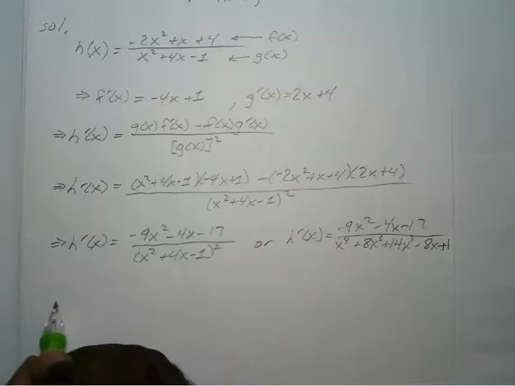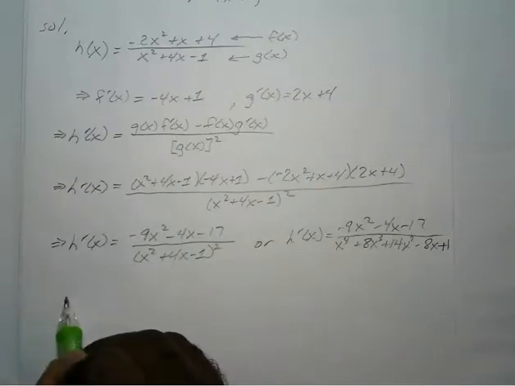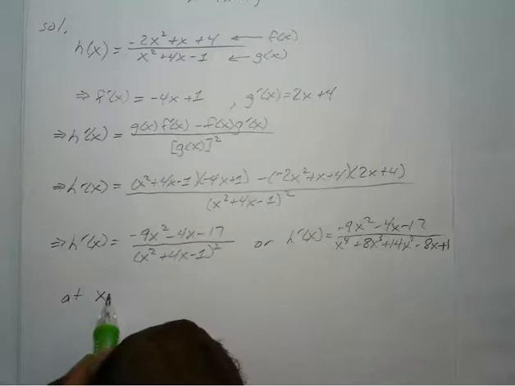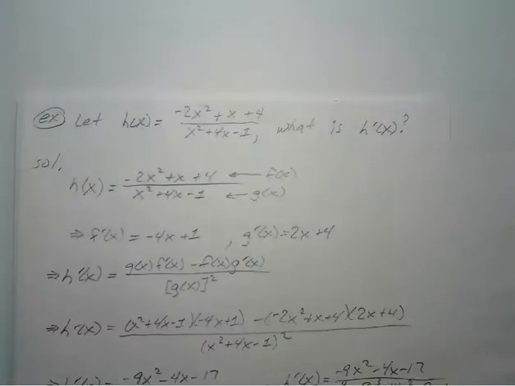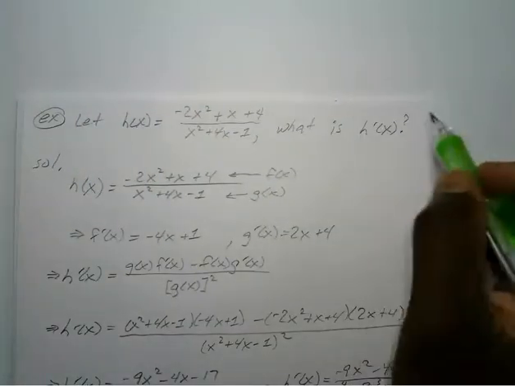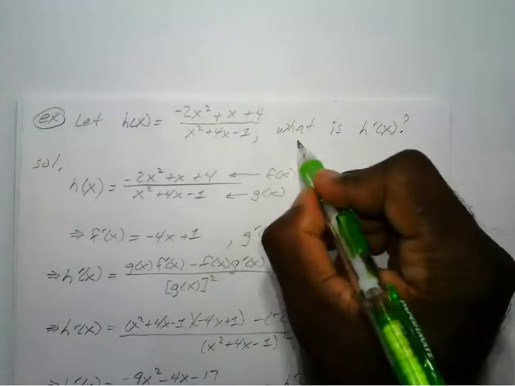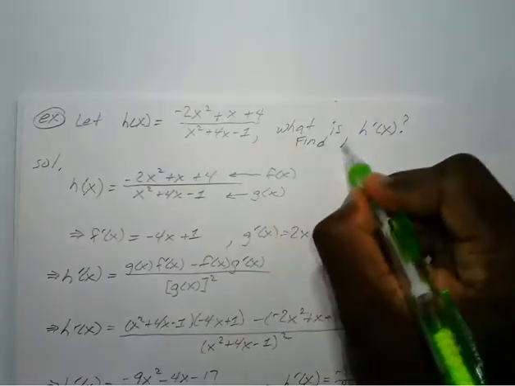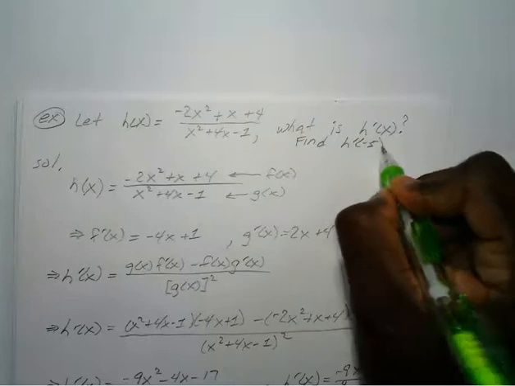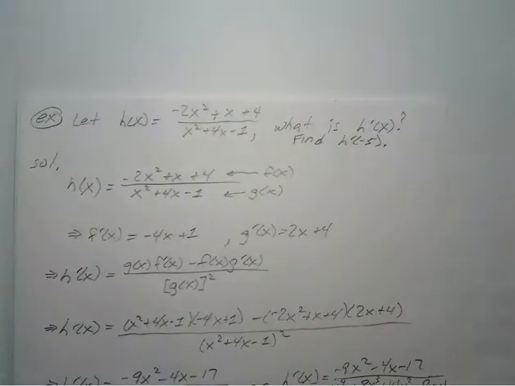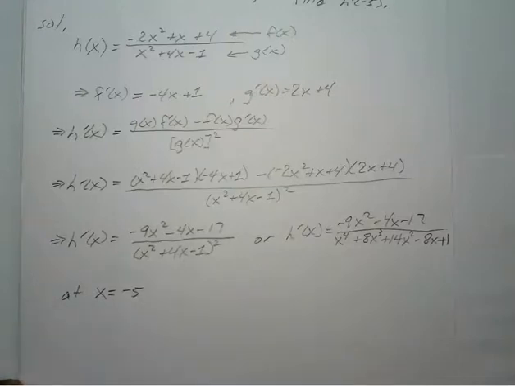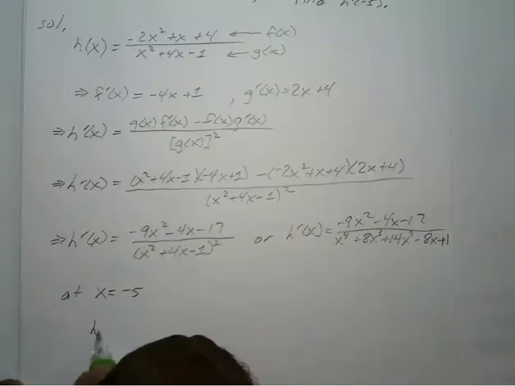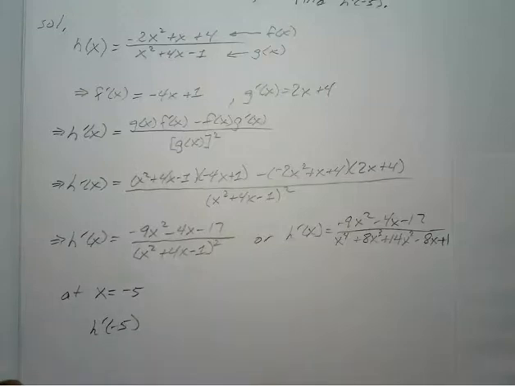Alright, so at x, well, actually let's add to this problem a little bit. Let's say find h prime at negative 5, just to give a little bit of extra work. At x equals negative 5, h prime at negative 5 is